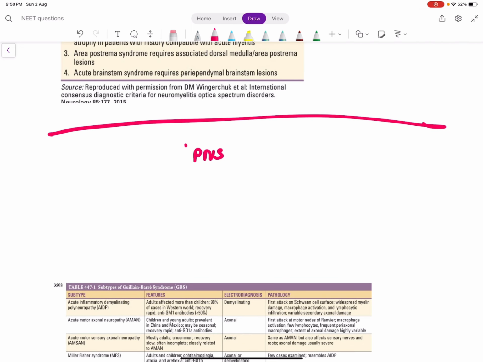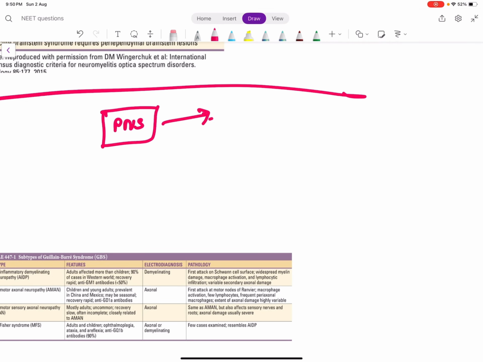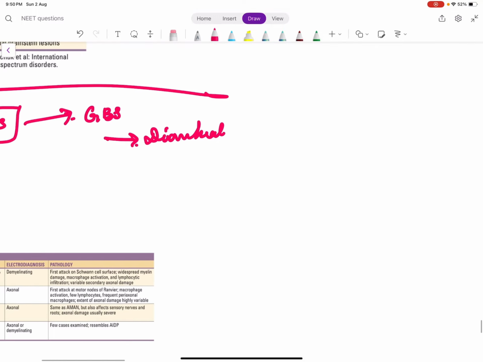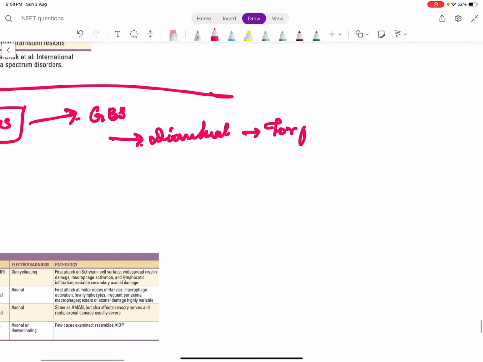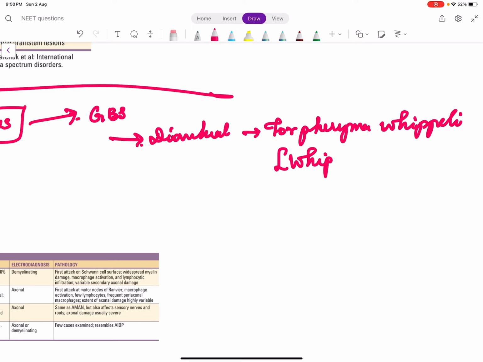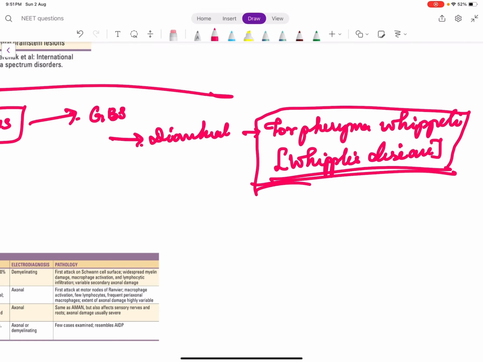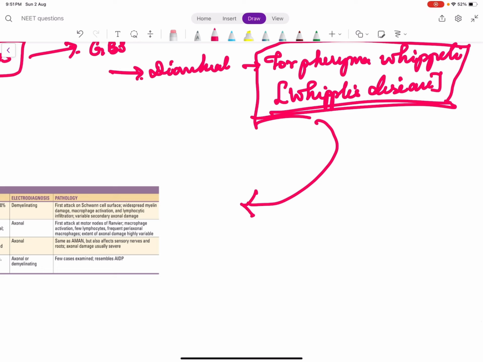What about peripheral nervous system demyelination? The same thing. Myelin is lost. Here I told you the disease is Guillain-Barré syndrome. So why does Guillain-Barré syndrome occur? There is an infection, or a diarrheal infection usually caused by Tropheryma whipplei. Tropheryma whipplei is the organism which causes Whipple's disease. Whipple's disease is one cause of diarrhea, bloody diarrhea. So there is diarrhea in a particular person. For 1 month he will be asymptomatic. After 1 month he develops